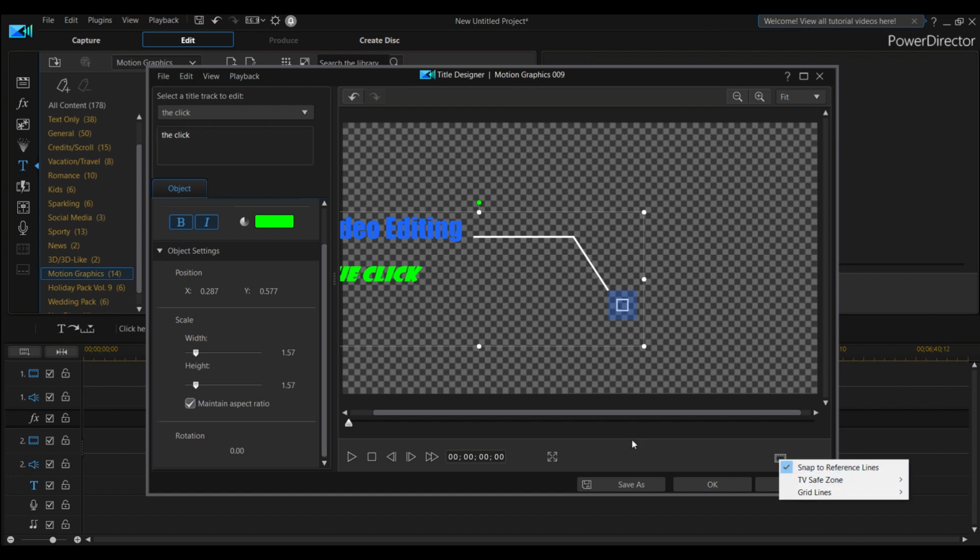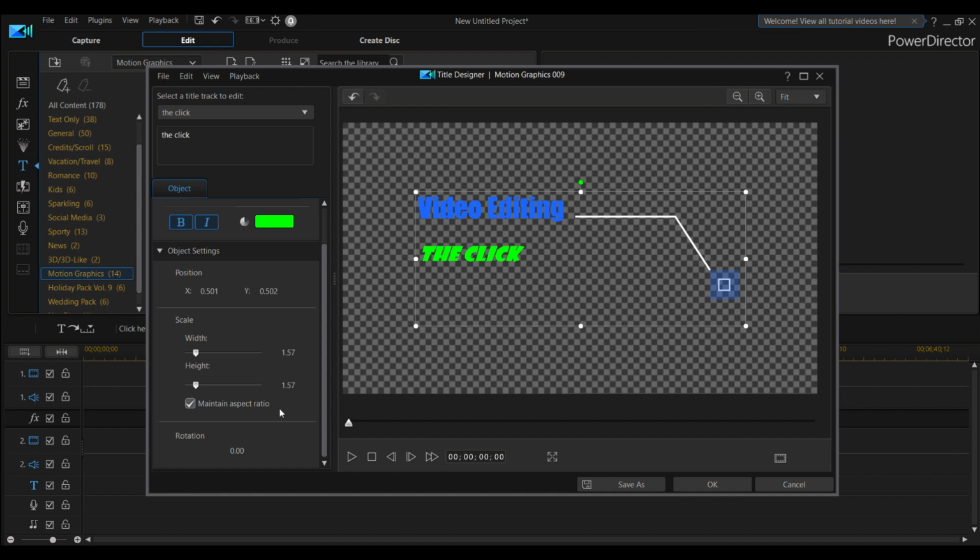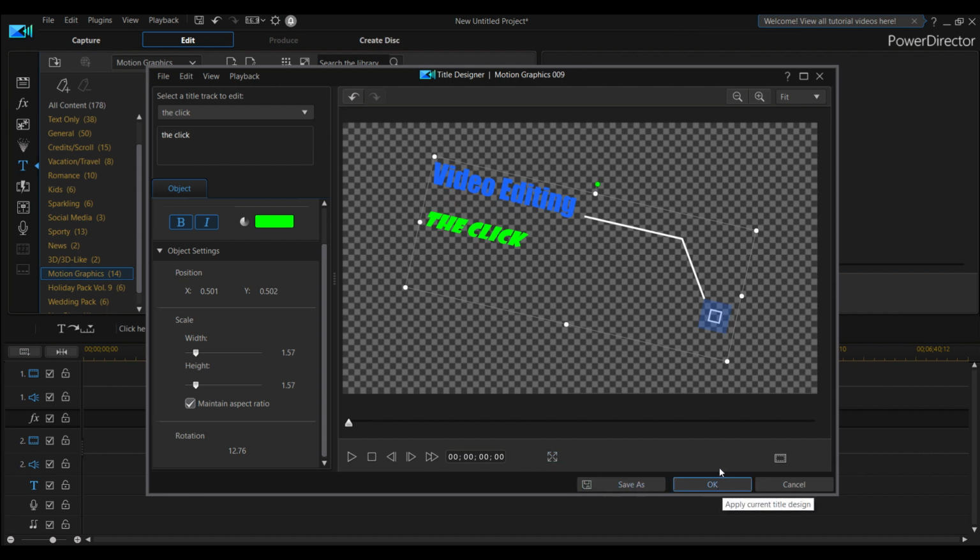We can't center it unless we grab it like so. And then you can rotate it if it's rotating. There's the rotation. It is very restricted and very limited. You can make it fit to the side, back out, and that's about all you can do with the motion